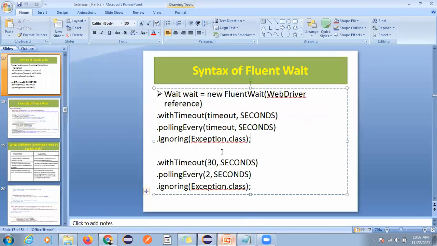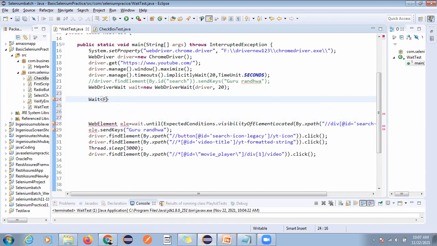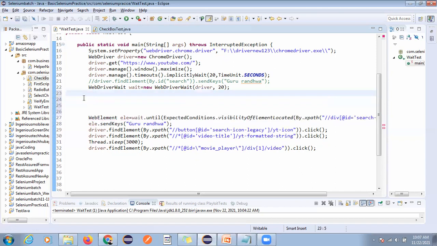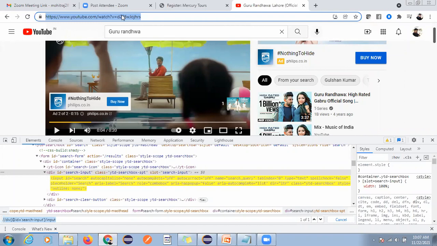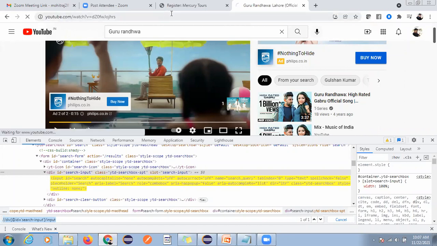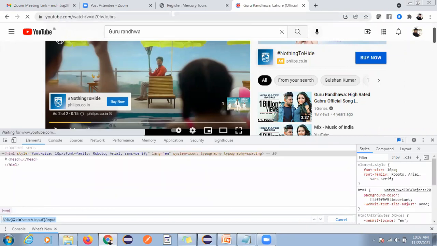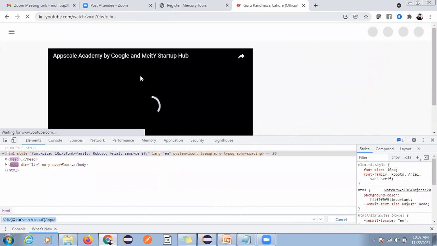Sir, I'm not able to understand what is the use of synchronize here. Okay, what happened: you can see it is taking time to load, right?